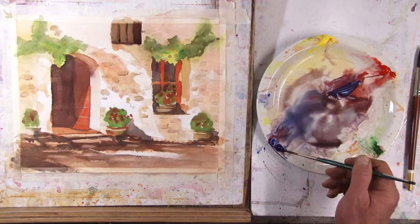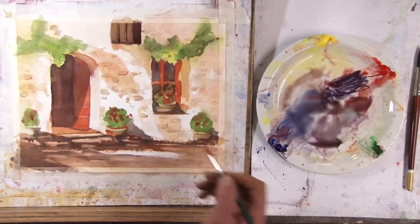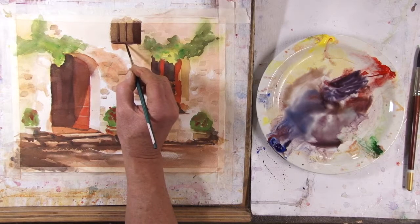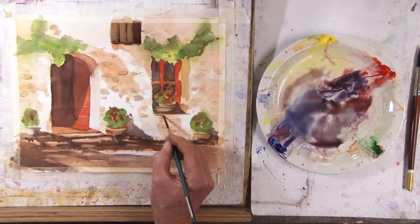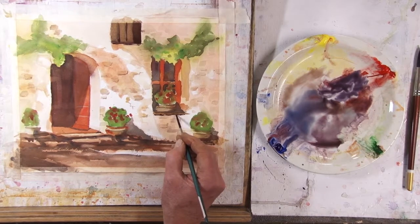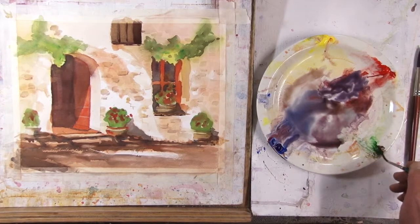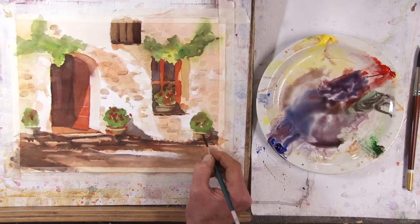What a difference it is working with freshly squeezed out paint and that when it dries. Okay, so I'm just thinking underneath this window here, I want a more dramatic shadow. Also underneath this ledge here, I want something that's more dramatic. And some of these, I think I'll just shift my color a little bit. Some of these pots,